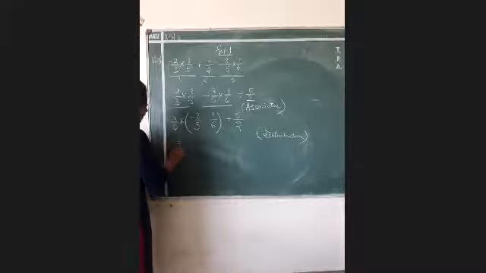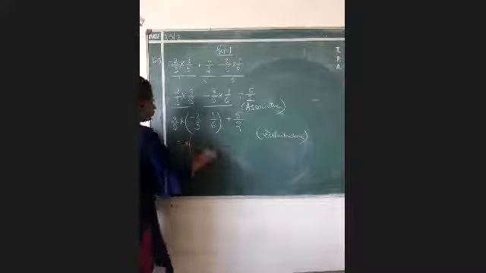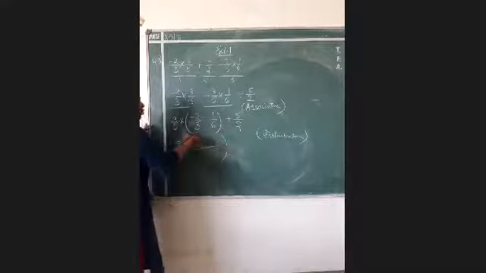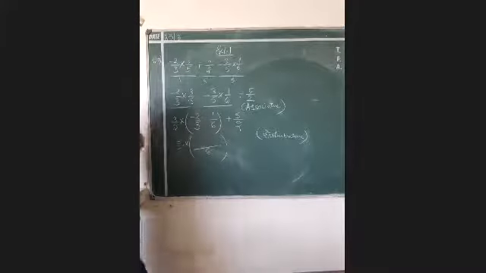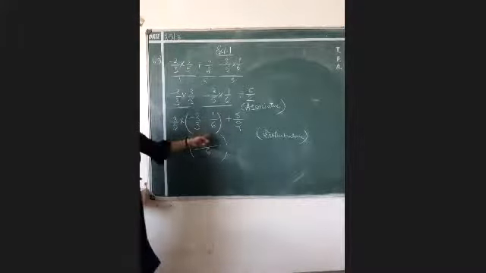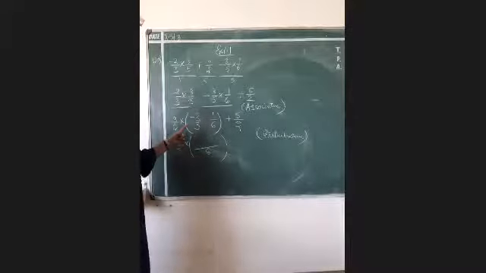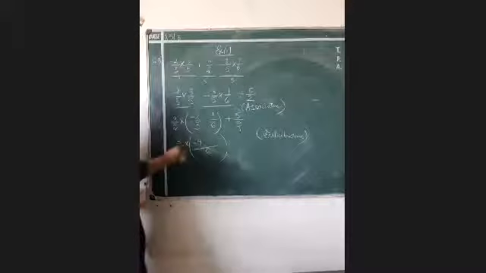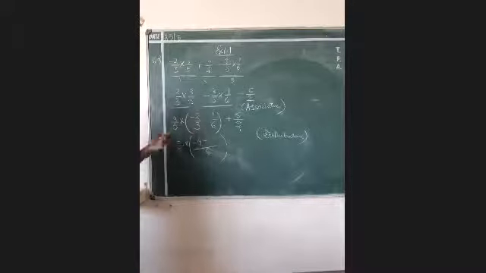Just you need to solve the bracket. 3/5 will remain the same. Now you know that I have already taught you, when you add fractions or when you add rational numbers, you just need to do the LCM of the denominators. So the LCM of 3 and 6 will come 6. And then you will do it: below divide, above multiply. So here you divide 6 by 3, you will get 2, and above comes 2, 2 1s are 2 with the minus, that will give you -2. Then the minus will remain common here, same sign. 6 divided by 6 will give you 1, and 1 1s are 1. Okay. This also I have written now.